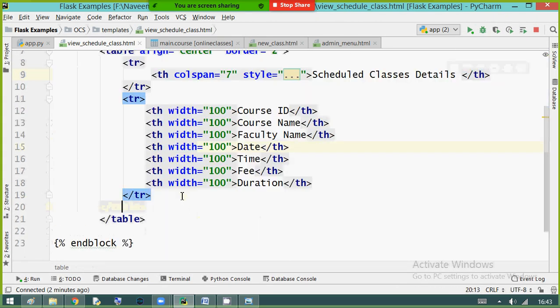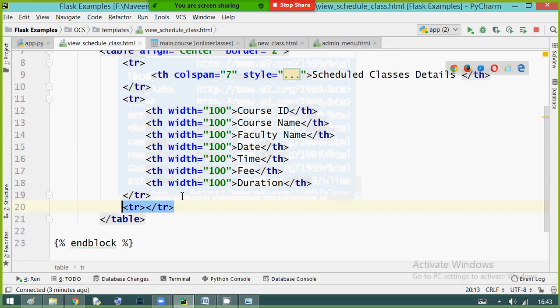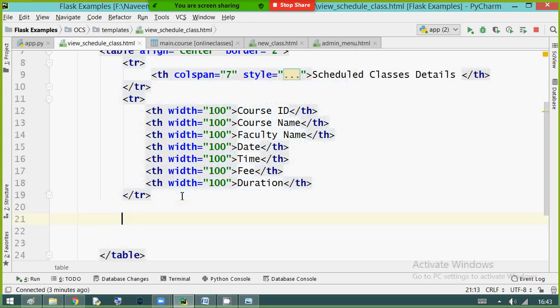Now I want to display the details. So observe carefully. New table row I am creating. Before that I am applying the loop. Block tag for x in data. Yes, that is a variable name. That is the name we have given in Python code.